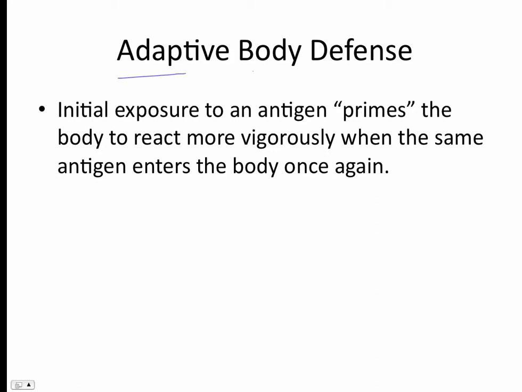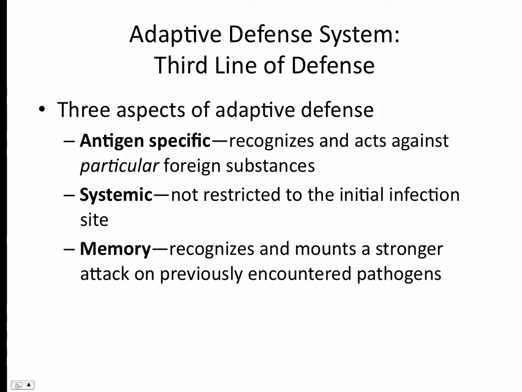Now when we look at this adaptive body defense system, we're going to look specifically at antigens. The very first time an antigen enters into our body, it gets primed, meaning that the second time we see this exact same type of antigen in our body, we can have a stronger reaction to it. And that's really the whole purpose of this adaptive body defense. There are three concepts about this adaptive defense system. The first one is that it's antigen specific, meaning that we're only going to act against a particular foreign substance, and we're only looking at one specific